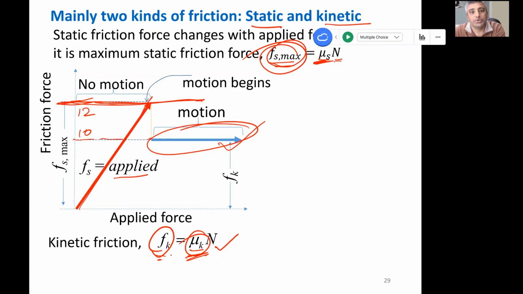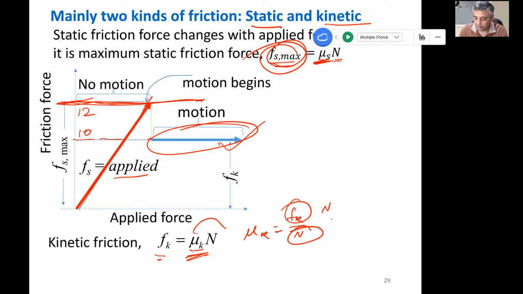But if the friction coefficient is given, you won't see any unit, because if I rewrite this, mu k is Fk over N. Both of them are force. They have the same unit. So when we write, let's say, Newton here, it cancels. The unit cancels. So it's a unitless number, okay? So that's one way to easily figure out whether it's a friction coefficient or friction force. And once you figure out it's a friction coefficient, how do you find friction force? How do you find friction force from friction coefficient, folks?